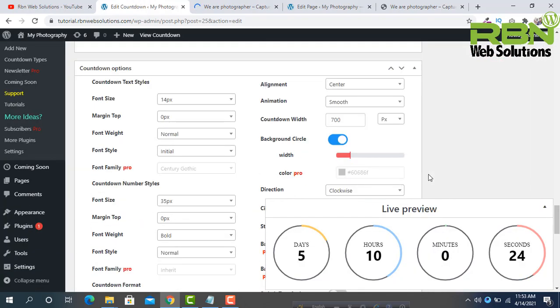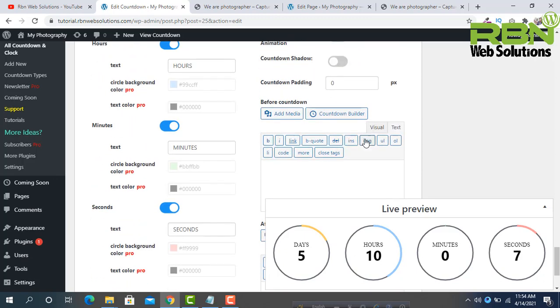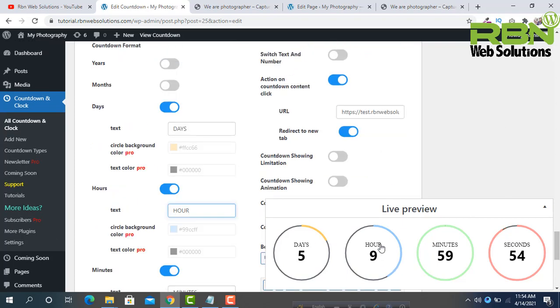And the next option, if you want the link to open in a new window, then you can select that. Then if you want to change the text of those circles, you can do that also. Suppose hours to hour, can you see hour?